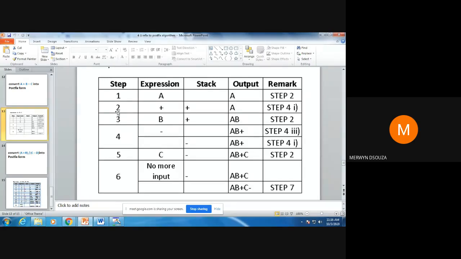In the exams, if you get to solve using this algorithm, then you will have to solve something like this.